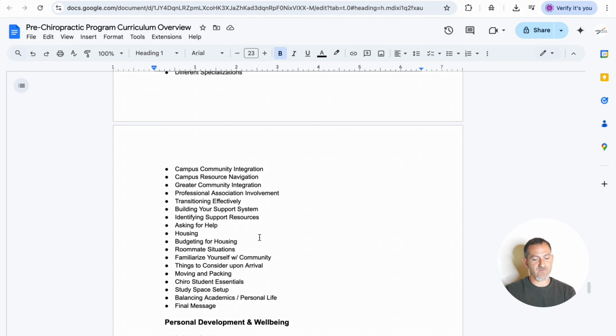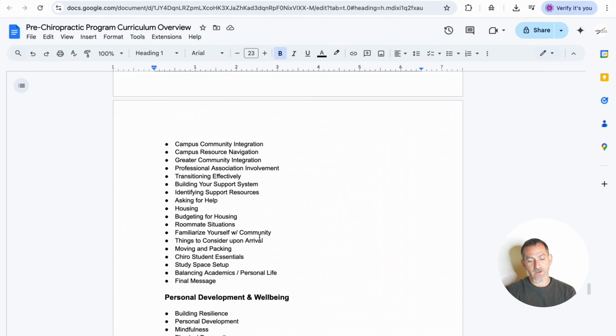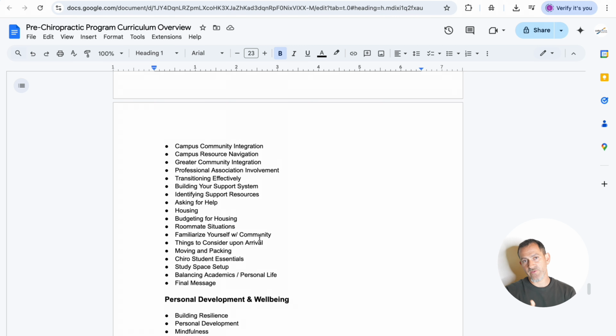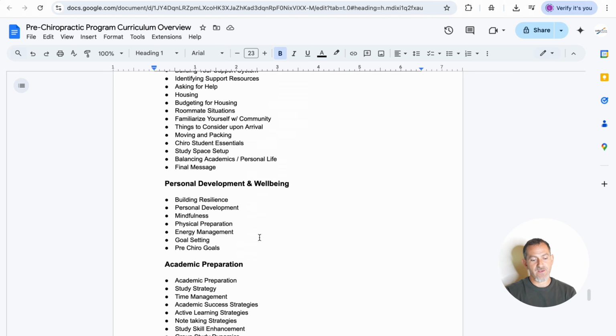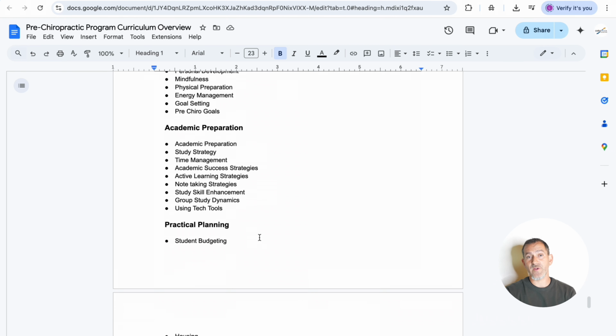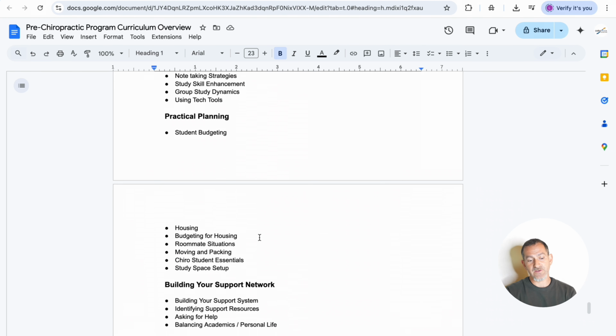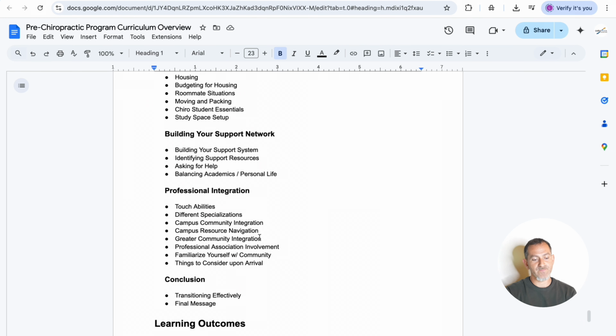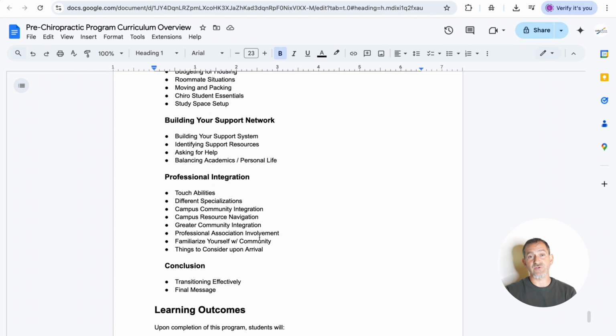The housing, the budgeting, the roommate situation, asking for help, just to make sure that they're supported through this key transition and help them focus on their own personal development and well-being and prepare for the academics and do some practical planning with them, and help them build their support network and integrate professionally into your ecosystem of resources and